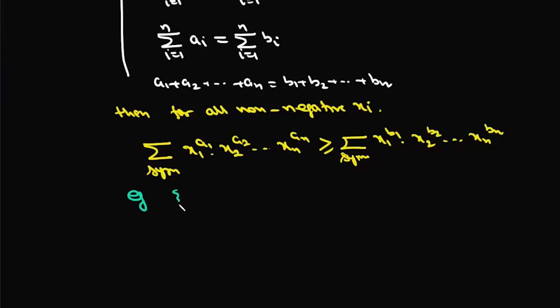Suppose we have two sequences 5-1 and 4-2. Now clearly 5 is greater than 4, and 5 plus 1 equals 4 plus 2. That means the sequence 5-1 majorizes the sequence 4-2. So now we can write this symmetric sum